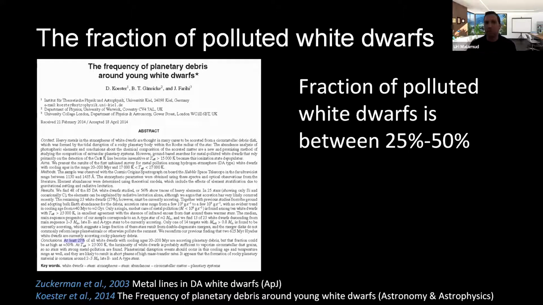Okay, there are two other candidates. It's been established in the last decade that it's definitely not it. So it could be from the ISM, but it's been ruled out. There's just not enough polluting material if it comes from the ISM. And it could be, as you say, from dredge up, from material that comes because of convection and comes from the star. But this happens only in very young white dwarfs.